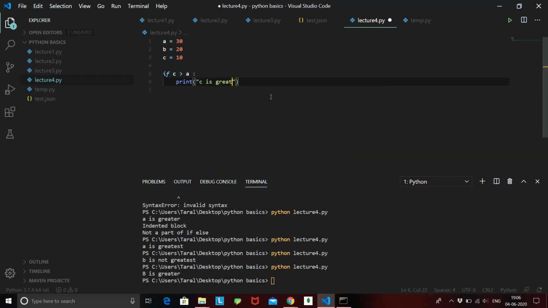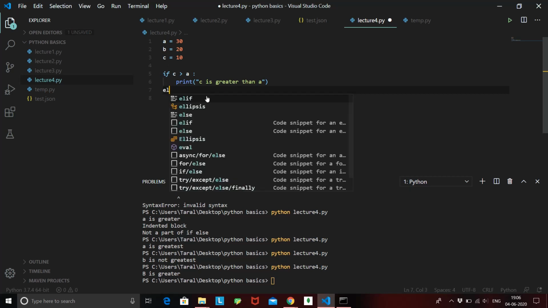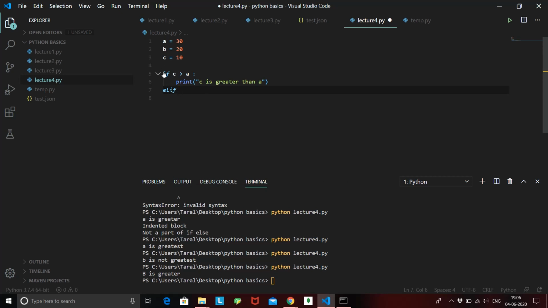c greater than a. If I have another statement that needs to check if c is greater than b, and I want to check this only if the first fails, I'll say elif. Why elif? Because if this condition fails, then and only then do I need to execute this.